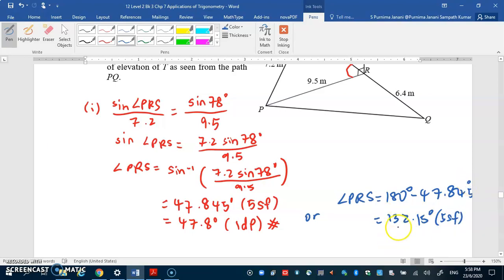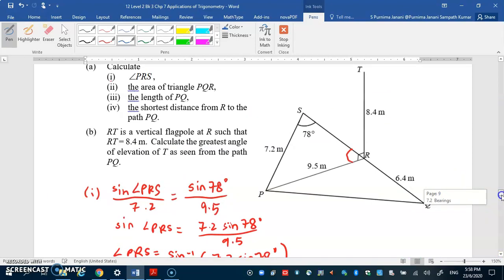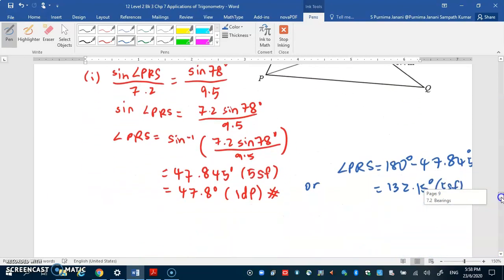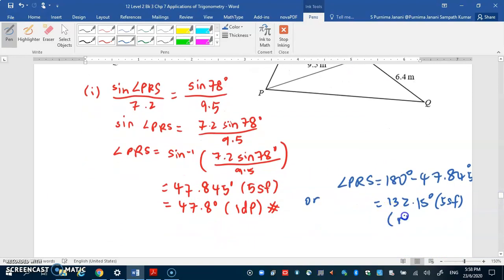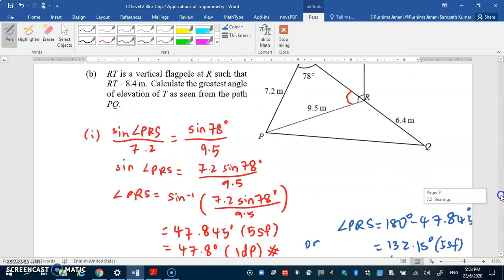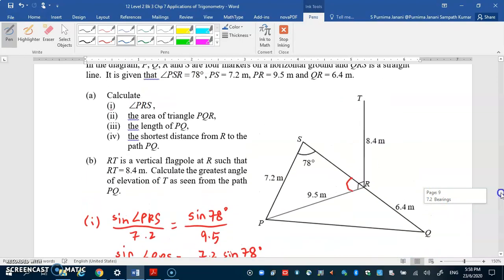But obviously this cannot be possible because one of your angles is already 78. If your angle PRS was 132, 132 plus 78 will exceed 180 degrees. So this one you reject, but you must also write this part. Okay, so now that we know that there's only one confirmed angle, 47.845, part 2 says find the area